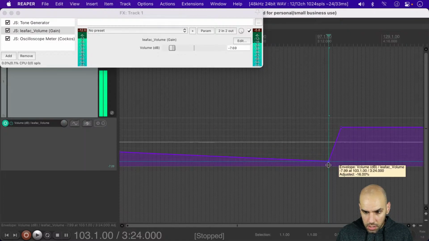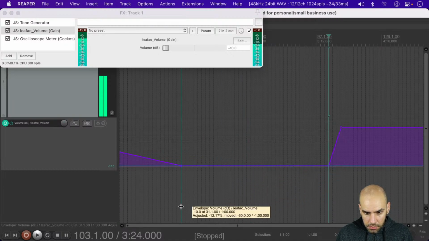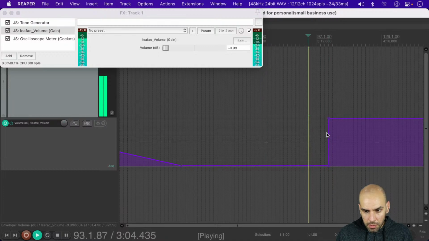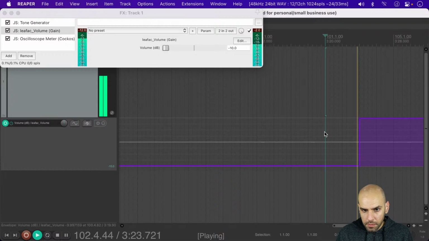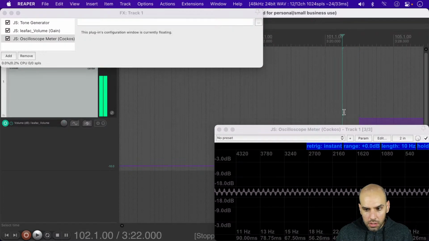Thanks. So it goes from minus 10, and I will put another one here so that it is at minus 10. And this one is going to be at 10. It's going to jump from minus 10 to 10, am I right? Great. And then in the oscilloscope,